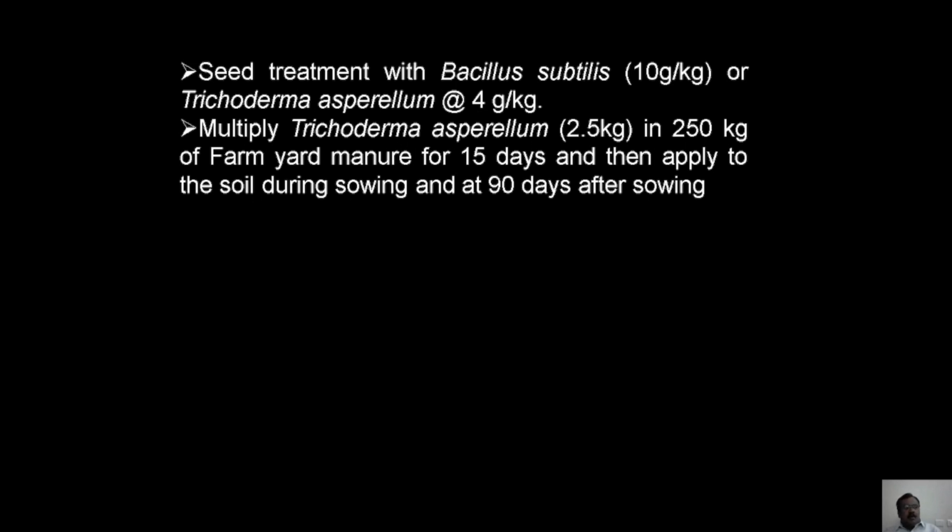rate of 10 gram or 4 gram respectively per kg of seed, and then apply Trichoderma at the rate of 2.5 kg along with 250 kg farmyard manure. Mix it in the manure and leave it for 15 days, and then apply to the soil at the time of sowing as well as repeat it at 90 days after sowing, which is helpful in